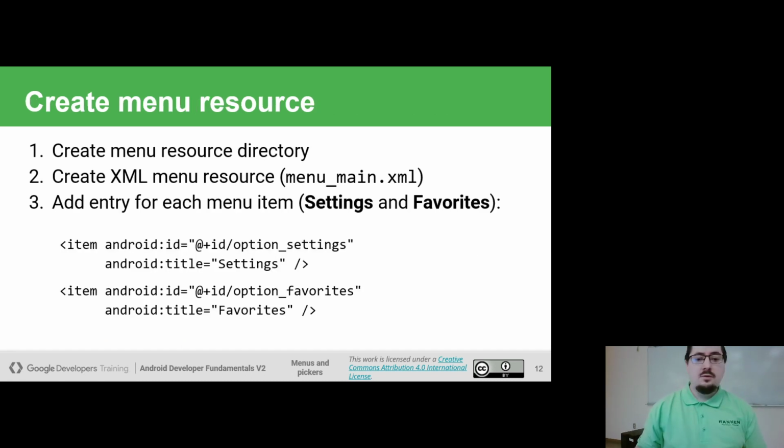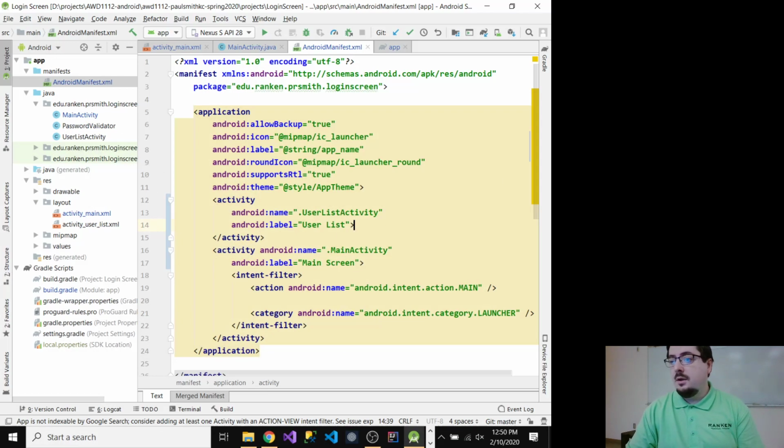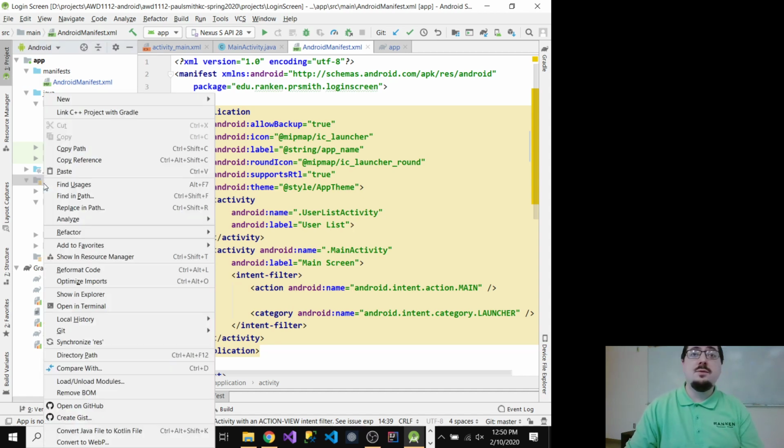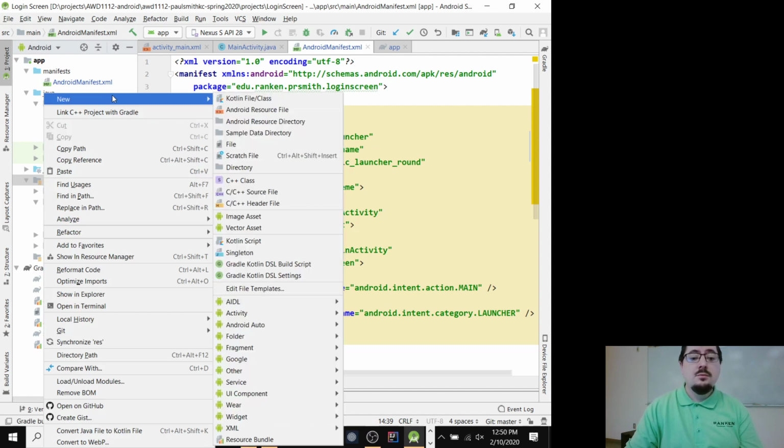So how do we create the menu resource? If I open up Android Studio, and you can do this with any project you may have available to you, we're going to right click on the resource folder. I'm going to say new. And just like we've done before, this is how you create activities, layouts, images. We're going to go into here and create a menu resource,